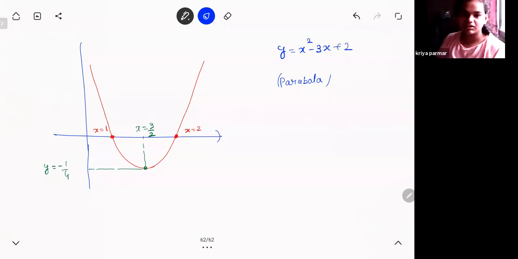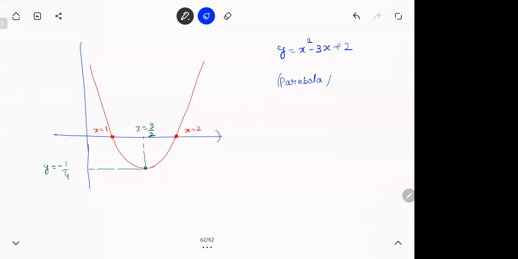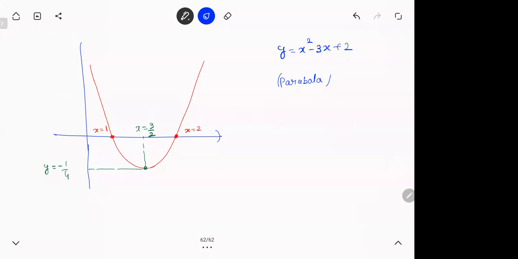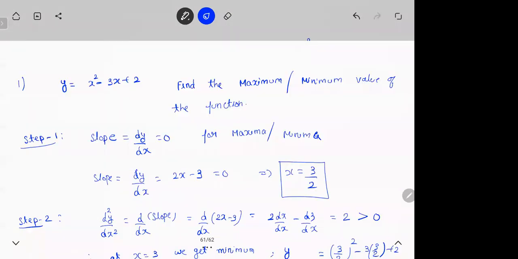So by the vertex formula also we could have got it, right? What is the vertex formula? I don't know. I really don't know what the vertex formula is. Yes, but maybe it only works for a parabola. If the function changes, it won't. I hope this first one was clear. Let's see one more.